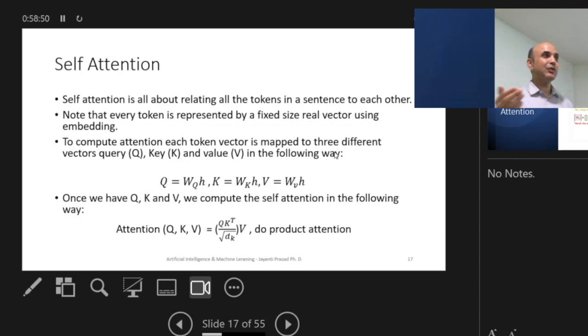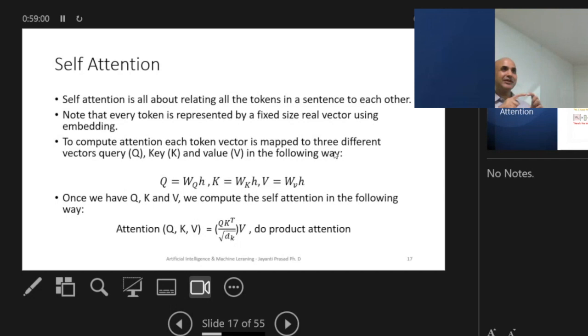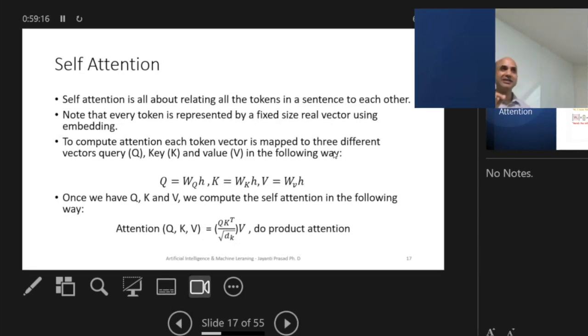Now, what if your query is also a vector? Then what will you do in that situation? You will match your query with the key using cosine similarity. Say your database has 20 keys. A query comes, you match it with all the keys and get the cosine part of it, and that can work as a weight. Once you get the weight for all the keys, you can multiply that with the corresponding values and return the answer. And that is your attention. So I think it should be very clear now. This is fairly complex.